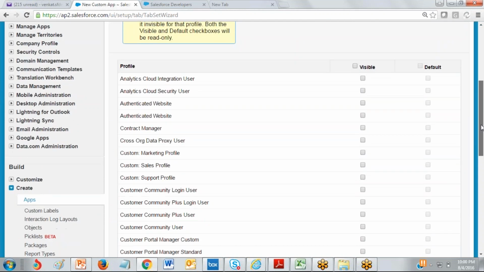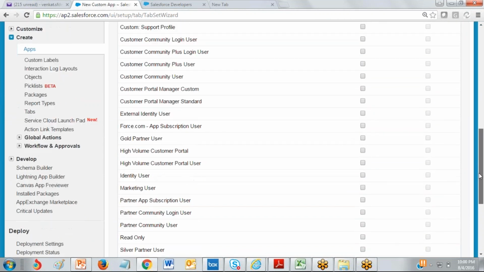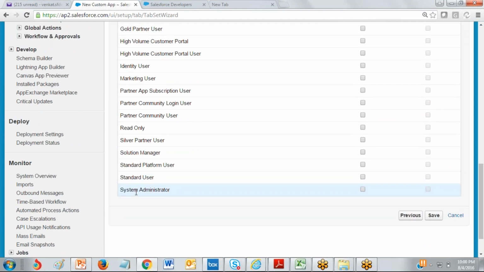Okay, this is the important step. You need to check the system administrator responsibility, then only you can access the particular tabs, apps or object.